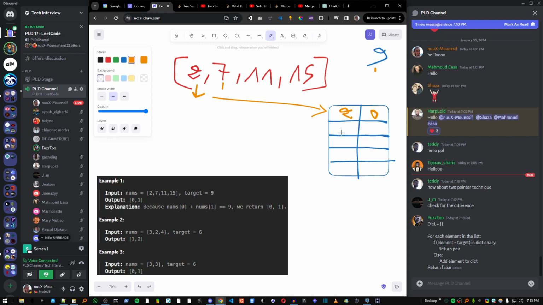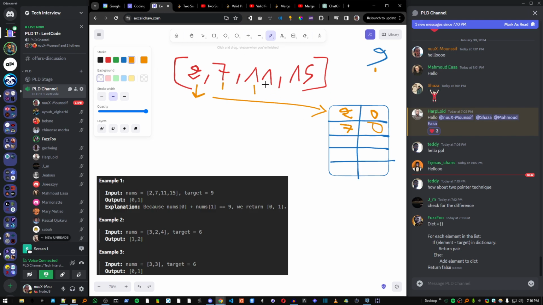If the dictionary has the element 2, that means you have the two values required to make the target. However, if 2 does not exist in the dictionary, the else would be that you add the 7 to the dictionary as well as its index, and then you move on to the next one. Then you do 9 minus 11, and again you check if